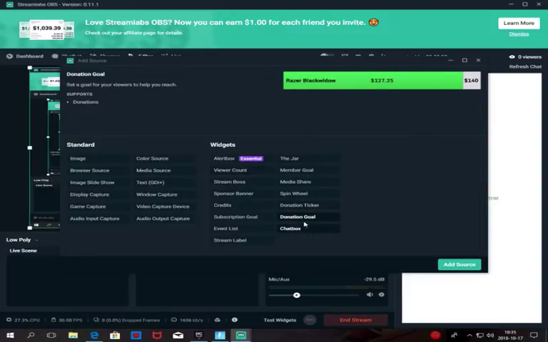Keyframe interval, you always want to have this at 2. It doesn't really affect your computer. It just makes transitions smoother on your scenes. CPU preset, always use very fast. A lot of games are CPU intensive, so this just allows Streamlabs OBS to not use as much CPU as it could. But if you have an insane PC, I recommend using one of the